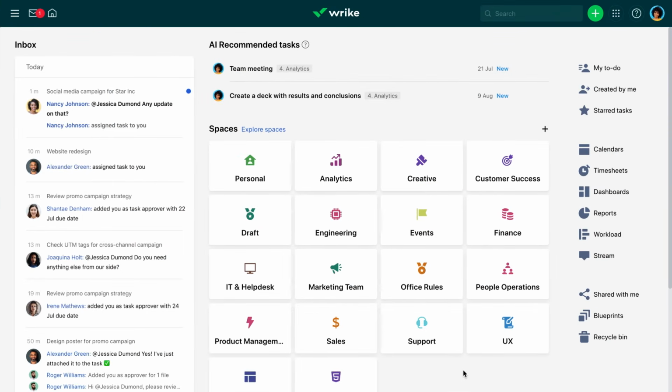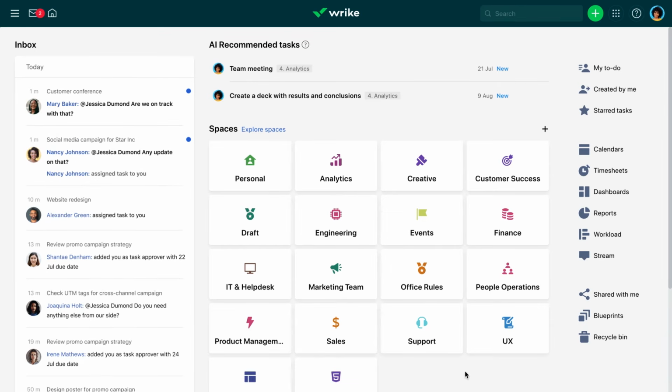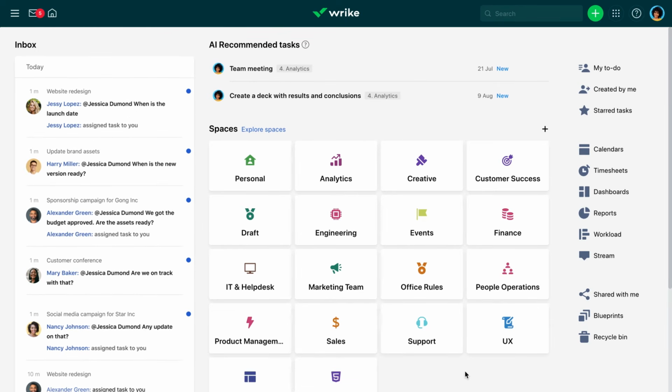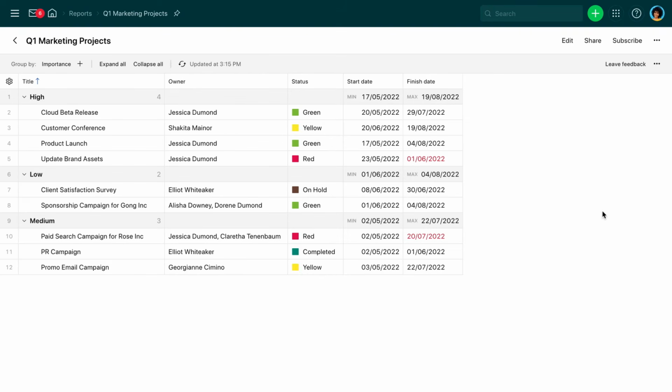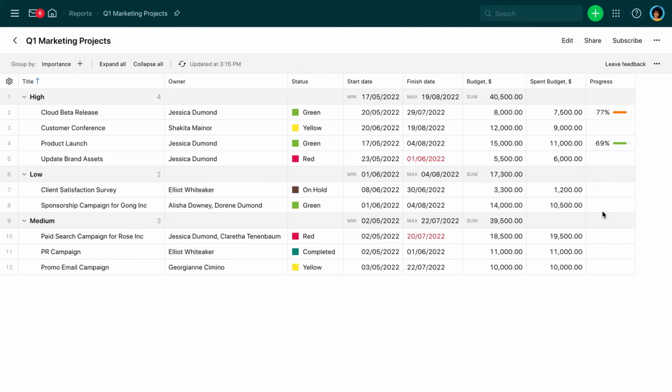We know how hard it is to collect status updates when there are multiple projects running for different clients across several teams. It's time to stop wasting time checking in. But how? We can create a report for that. It will quickly gather and display the up-to-date data you need from your tasks and projects. Wrike reports are flexible, and you can customize them for any of your needs.